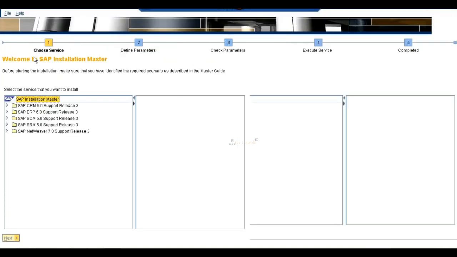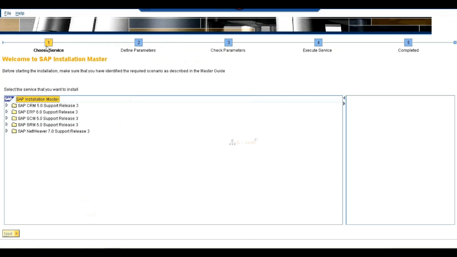See here what phases are there: choose service, define parameters, check parameters, execute service, and completed. So here what services are there: CRM 5.0 SR3, ERP 6.0 SR3, SCM 5.0 SR3, SRM 5.0 SR3, and here my NetWeaver 7.0 SR3.